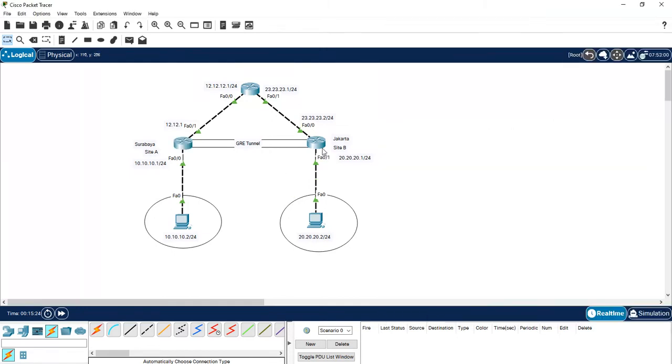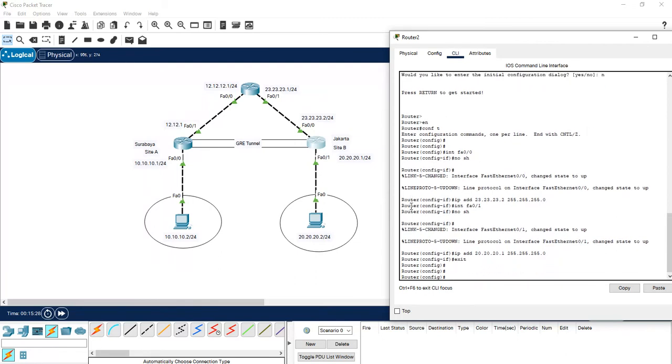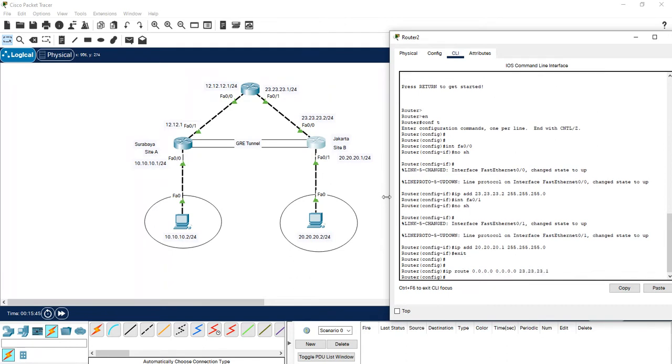Then on the other site, we exit. Then IP route 0.0.0.0, the subnet mask the same 0.0.0.0. Then the default gateway is 23.23.23.1.